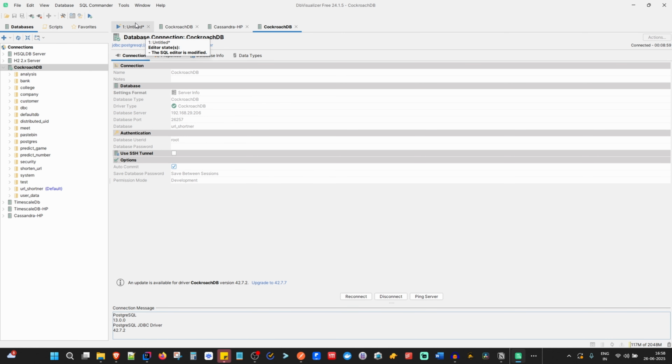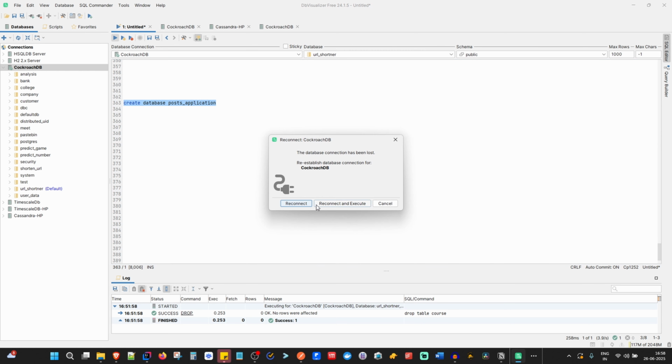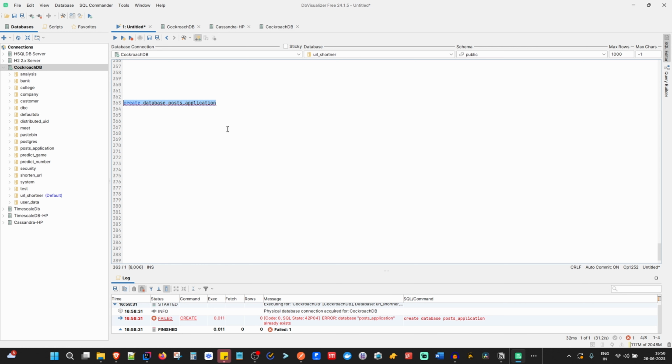And I can just create a database. Post application. Reconnect, yes. Create a database. Post app already exists. Okay. So use post application